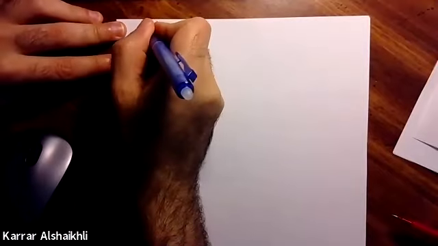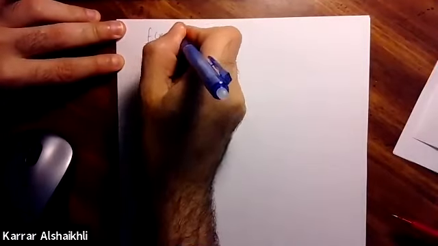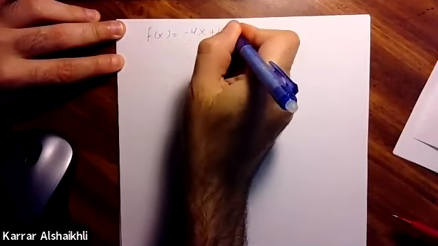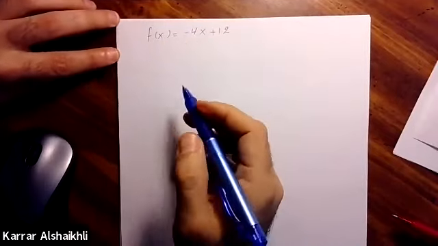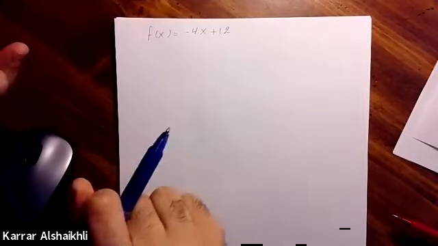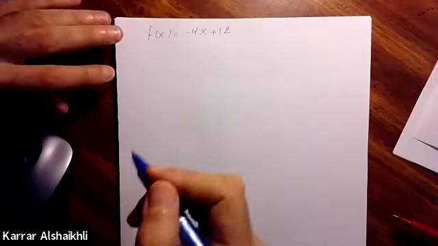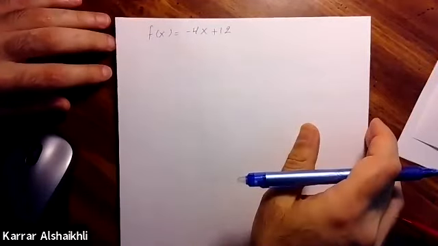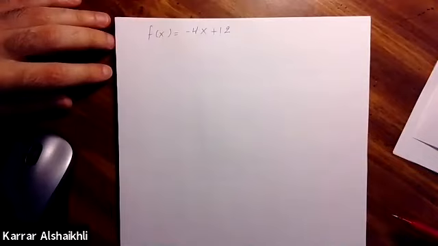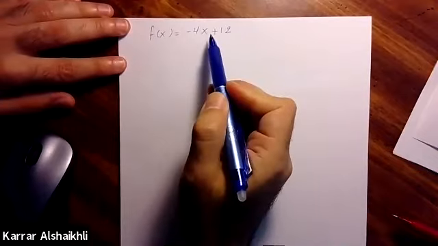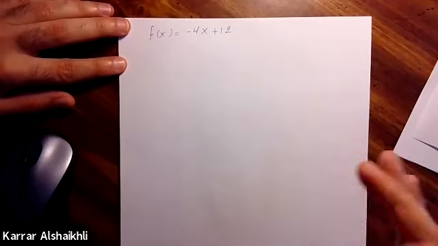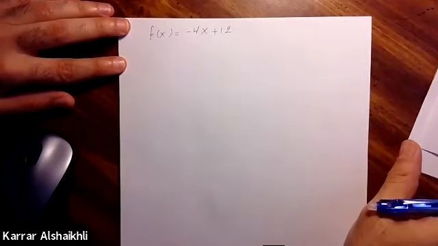f of x equals -4x plus 12. So let's graph this one and find whether it's a one-to-one function or not, just by a graph. If you want to graph it, you need 2 points. You can find the x-intercept or the y-intercept, because this is a linear equation. Or you can graph it using a calculator, it's fine, because the main thing we need to figure out is